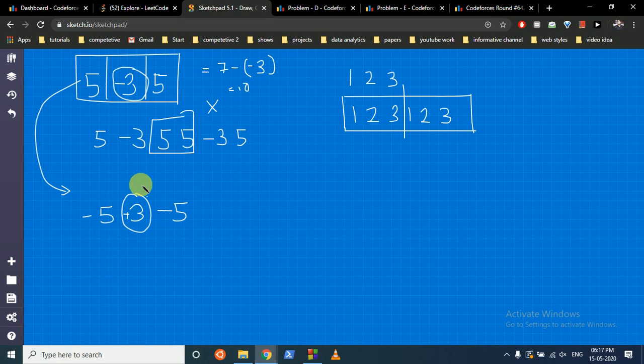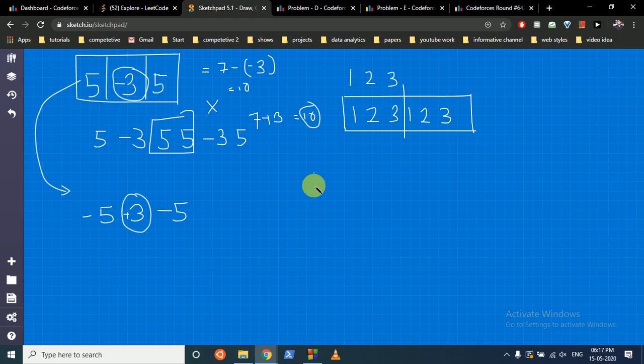But because we have the output of +3, what we can directly do is for the total sum, just add this sum and the answer is 10. So there are two cases. The first case is to just do Kadane's algorithm normally and find the maximum possible subarray sum, or find the minimum possible subarray sum using this technique, and whichever is the maximum, you just print out.